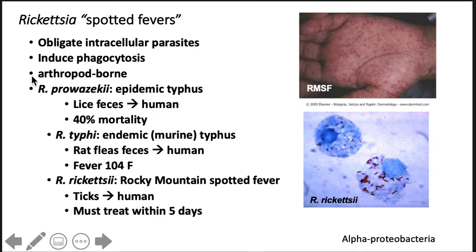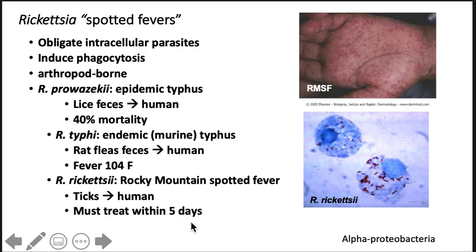They can induce phagocytosis and survive inside the phagocyte. You can get these from arthropods. Here we see lice feces, here we see rat flea feces, and here we see ticks. So the arthropod borne is for Rocky Mountain spotted fever. You get it from a tick. Rocky Mountain spotted fever is the most dangerous. Well, they all have a high mortality rate. They're all very dangerous. But Rocky Mountain spotted fever has to be treated within the first 5 days, or else